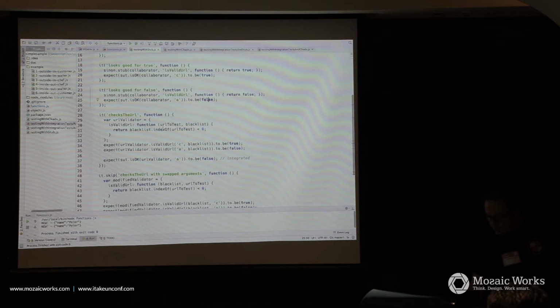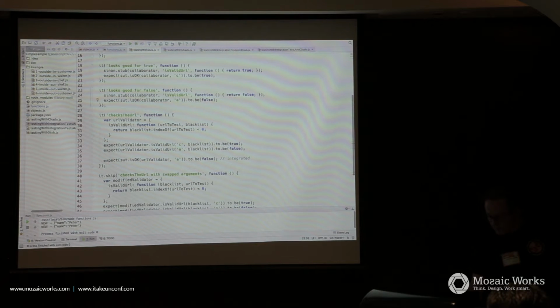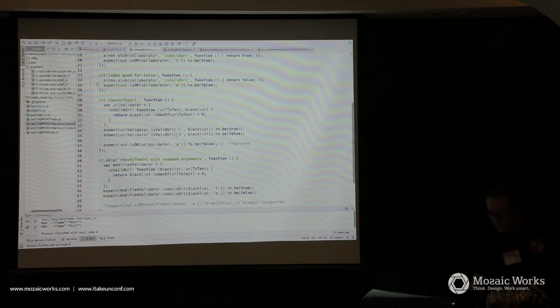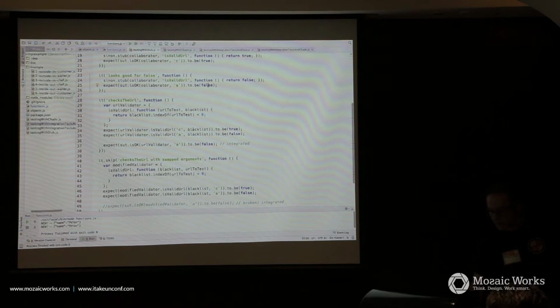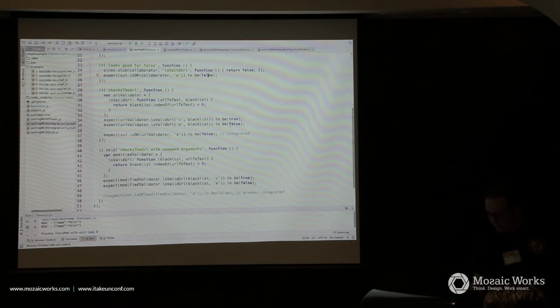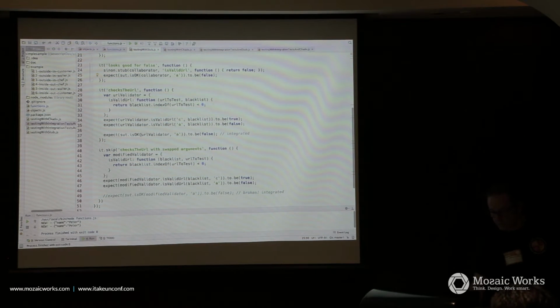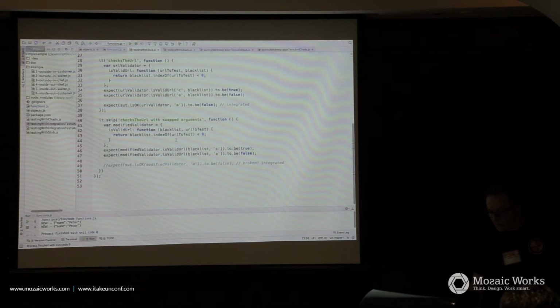Oh no, the first argument is URL to test, then the blacklist, and it returns the index of the URL to test. We inject it to the validator and say test it, and something happens, and then we really build it up in a completely integrated way, and it happens.